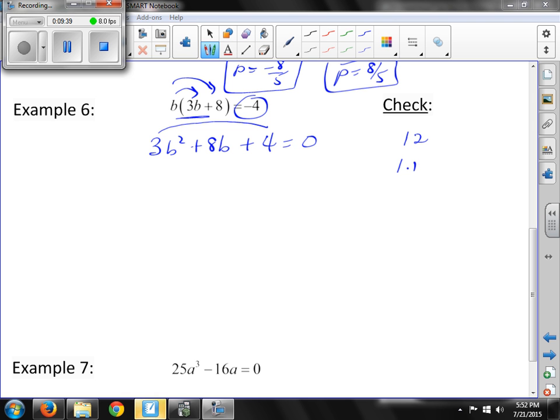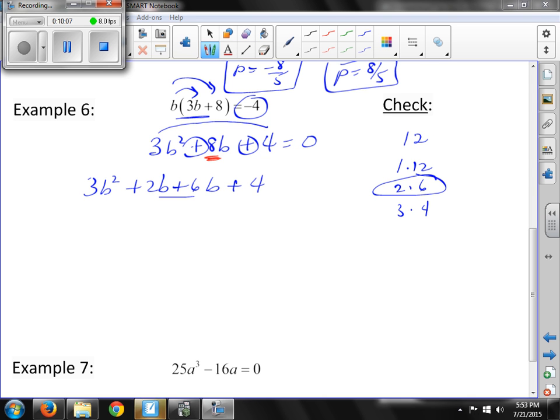Let's see, 12 is 1 times 12 and 2 times 6 and 3 times 4. But I want it to add together and give me 8. So 2 plus 6 adds up to 8. These are both positive, so everything's positive. We'll have 3b squared plus 2b plus 6b, and you see those add up to our 8b, plus 4 equals 0. So now grouping them or pairing them up two at a time,